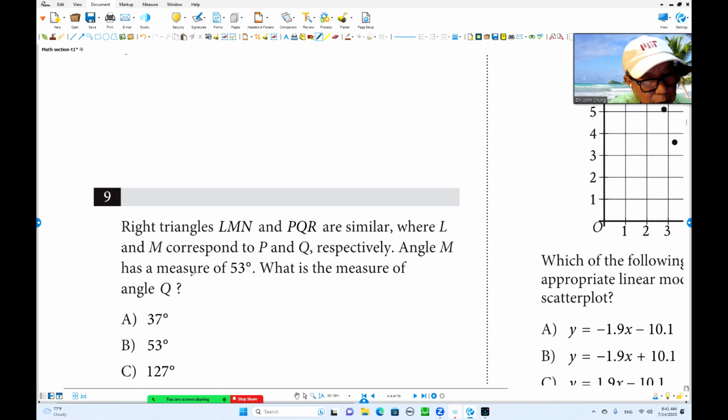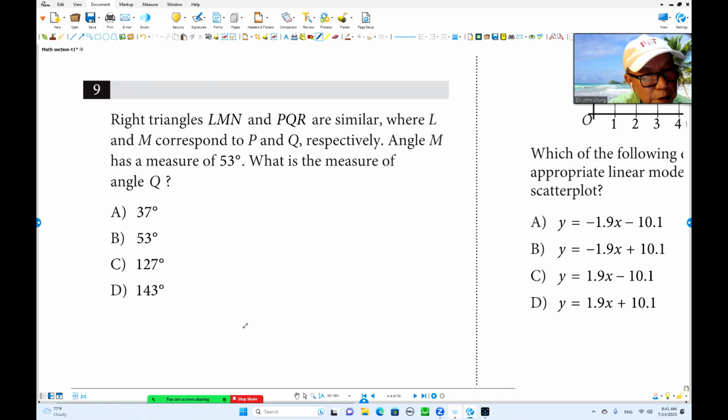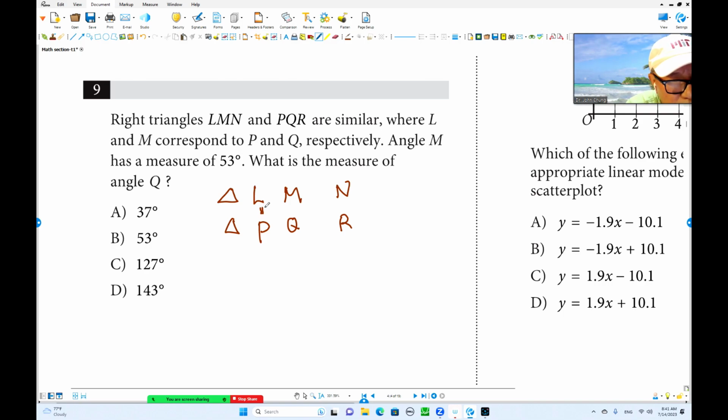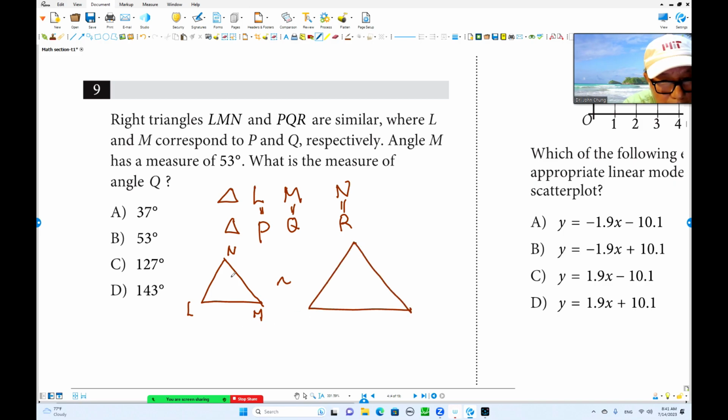They are all pre-algebra, okay? Up to now. So right triangle LMN. Another right triangle is PQR. But in our notation, L and P are corresponding points, which are the vertices. This is the corresponding vertex, okay? So I'm going to use the graph. If this is L, M, N, okay, they are similar, right? Okay, they are just made bigger. L is the corresponding P over here, and Q is over here, and R over here. Okay, corresponding side and corresponding point, okay? This is the corresponding